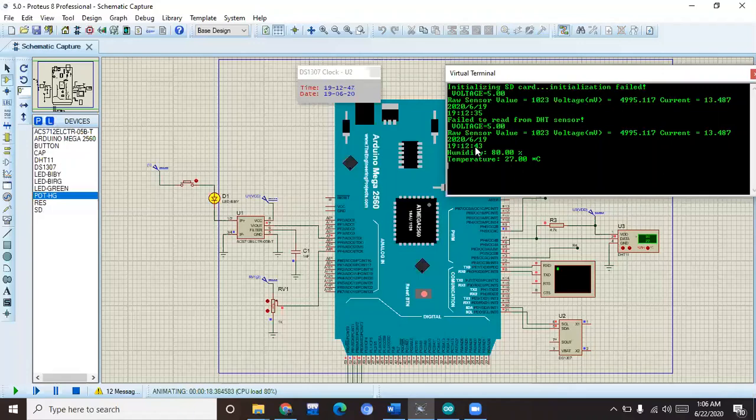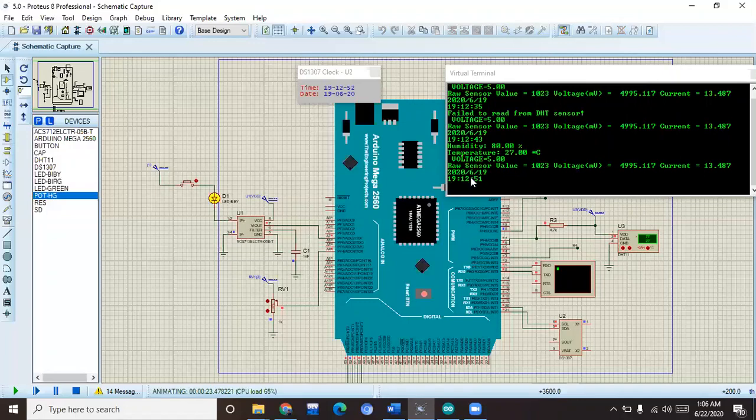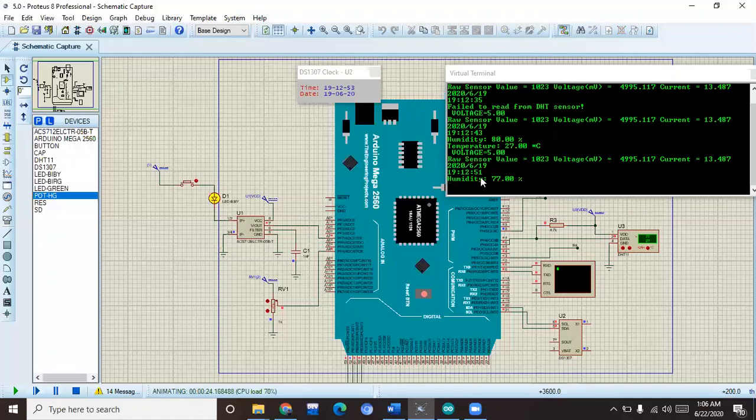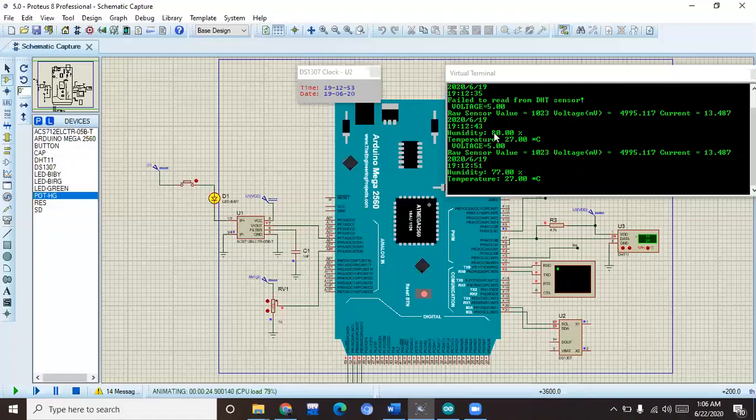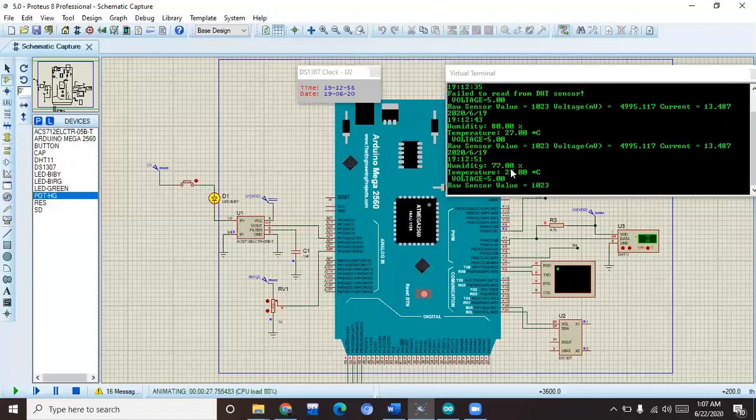So at the 43 second, the humidity is 80%. Now I can change the humidity to 77. As I have changed the humidity, it should change its value as well with a different time. Here you can see at the 43 interval, the humidity was 80%, but at the 51 second, the humidity is 77%. So basically this data logger is working as we were expecting, and the whole software is working.